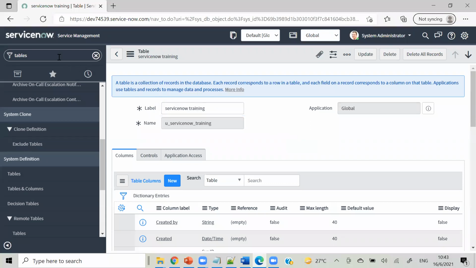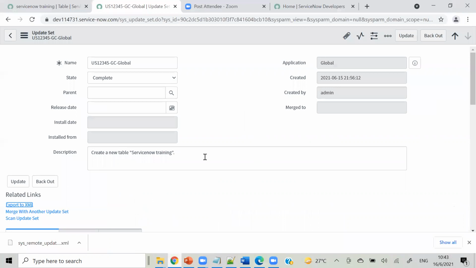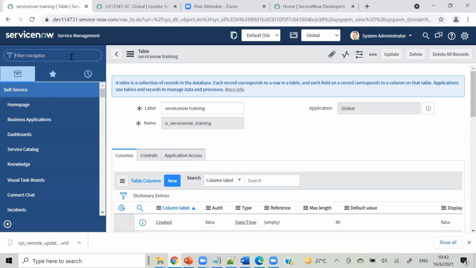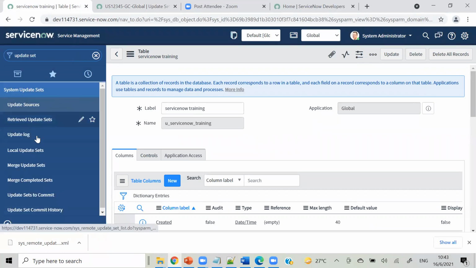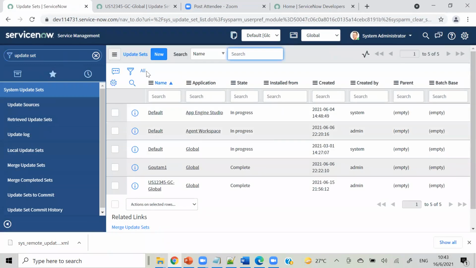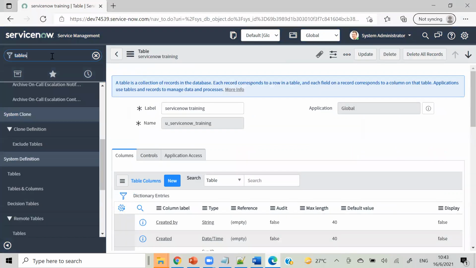So we have seen that our table got created in our test instance, right? In the same way, as Rohit asked me, what happens if we forget something or something goes wrong? First, we will create a new update set and move it. That will change all the things. If your field is on top and you want to move it down, make the changes, capture them in a second update set, and move that to the test instance, so it will automatically reflect whatever is in the second update set. And one more option which I have told about is backout.